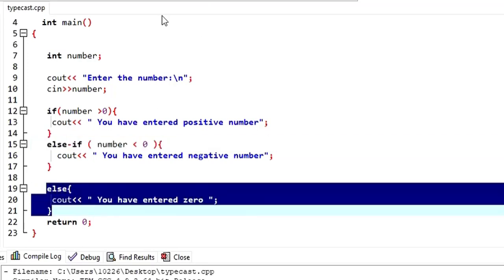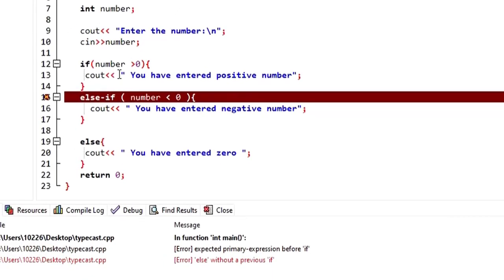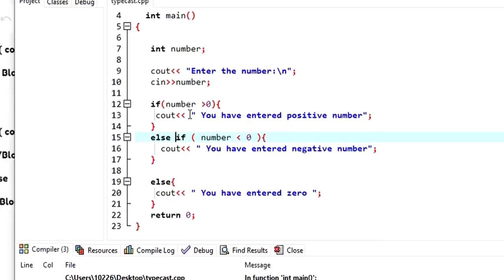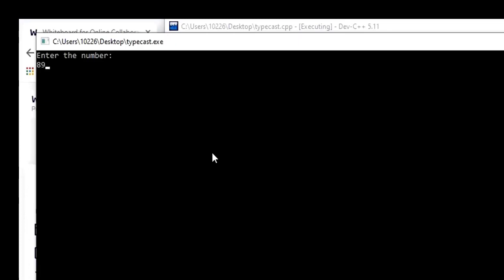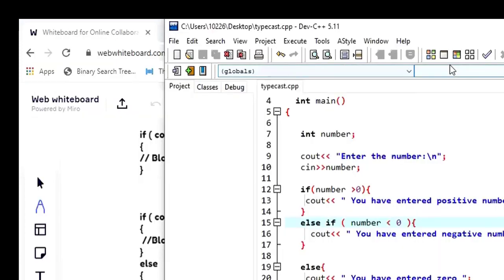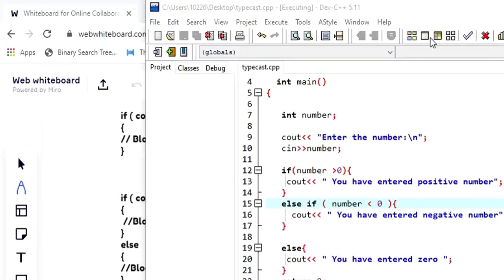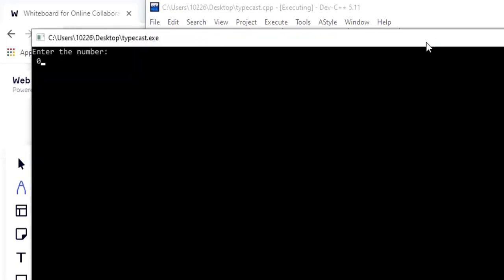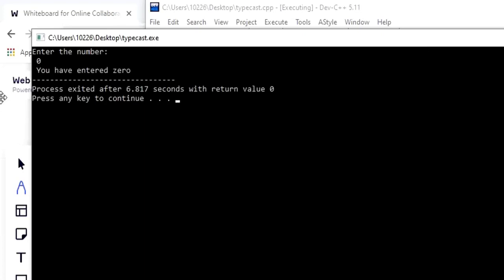Let me run it so that you understand. Let me just remove the dash there. If I enter 89, the if condition is true, right? Because 89 is greater than 0. So when I enter this one, you have entered the positive number. Again, if I enter 0, both the if condition and the else if condition fail. So it will directly go to the else part, then it will execute the statement where I have written you